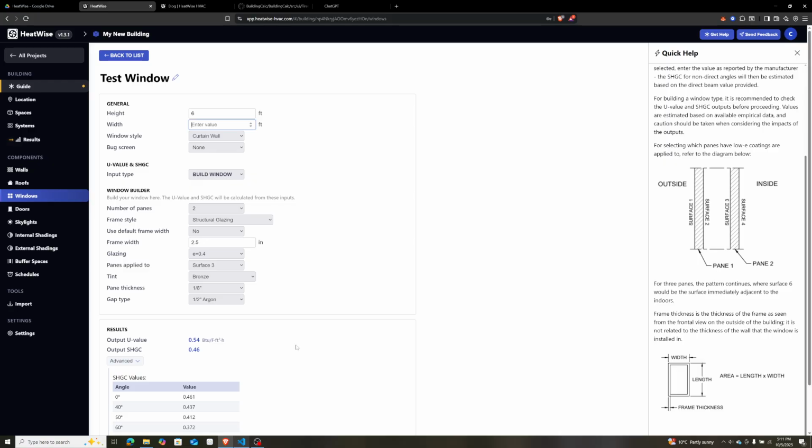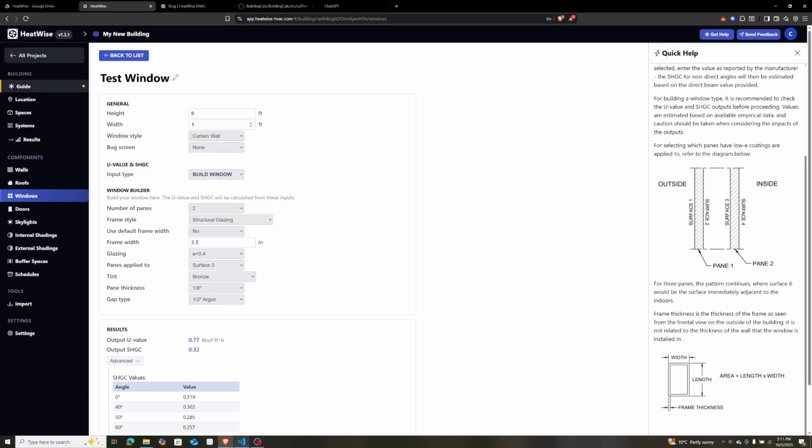So we've currently got a U value of 0.54, SHGC of 0.46, and let's make this a really elongated window, a 6 by 1, and you'll see we now have 0.77 and 0.32. So it actually made a big difference on our U value, from 0.77 to 0.54. It made a pretty big difference on the SHGC as well, but the U value really changed. And that's just because if we change it to such an elongated shape, so much of the glass is considered edge of glass